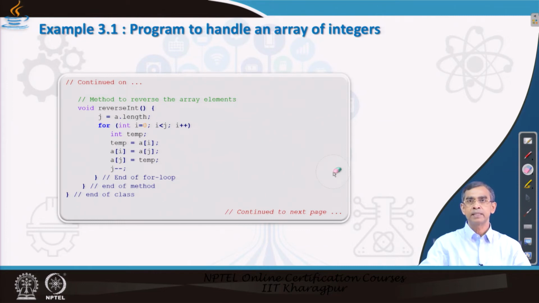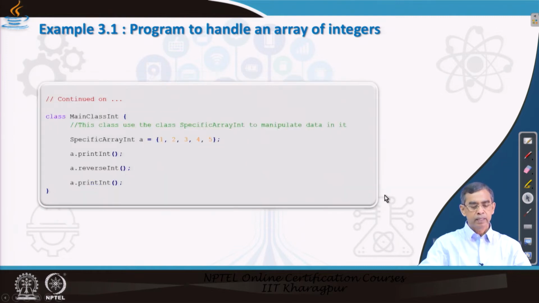One is the method of initializing arrays we have discussed, then printing all the elements in an array, how it will be, is discussed, and finally the reversing of the array elements. So, this completes the declaration of a class. In this case, this class will work specific to an integer array, and finally the main method which will look like this. Just here as we see, we declare an array A,